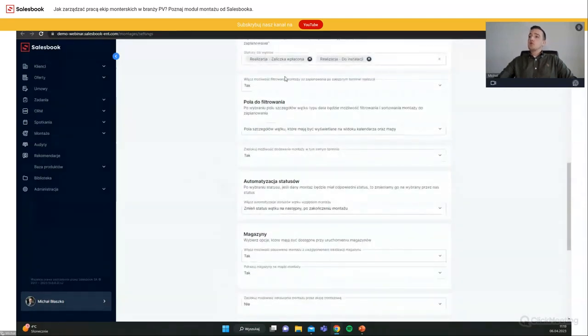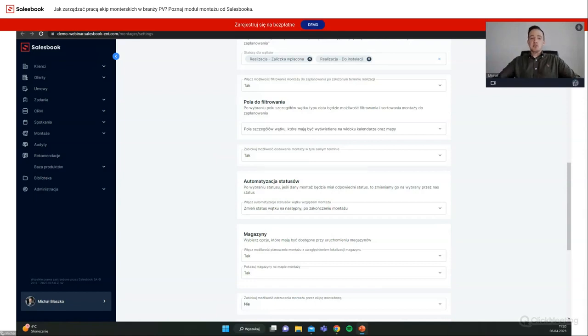You may wish to enable the possibility of filtering the assemblies to be scheduled after an assumed completion date. Again, how simple, but what a brilliant functionality, because if you sign a contract with a customer, there is usually or always an indication of when the assembly of a particular product that the customer has purchased will be carried out. And now, my dear friends, if you want to verify whether or not all the assemblies, all the contracts,